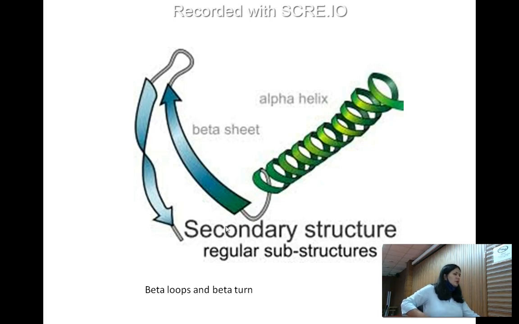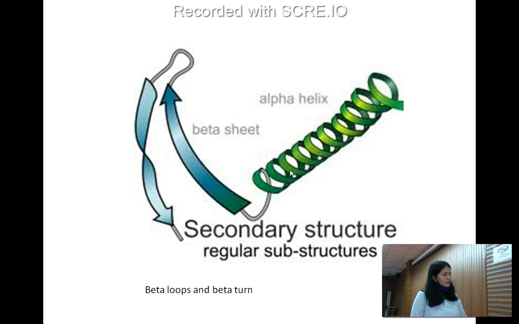And glycine is the smallest amino acid, so it can locate itself anywhere inside the polypeptide chain. So beta turns are usually made up of proline and glycine, and they produce a 180-degree turn, and they interconnect two anti-parallel beta pleated sheets, or connect a beta pleated sheet with the alpha helix. Clear? So you have studied four types of secondary structure. One is the alpha helix, then the beta pleated sheet, which may be parallel or anti-parallel.